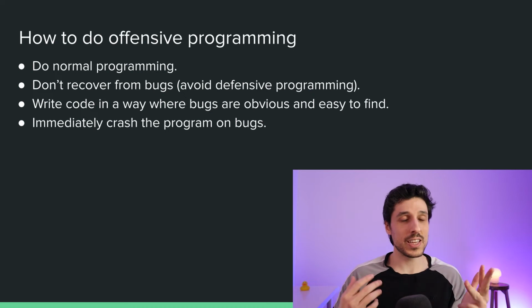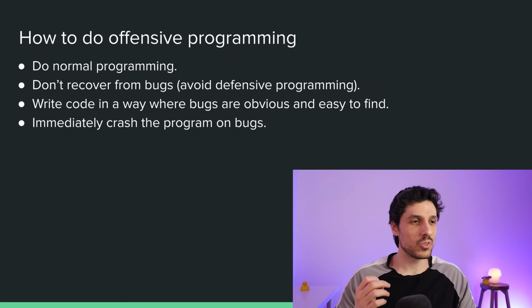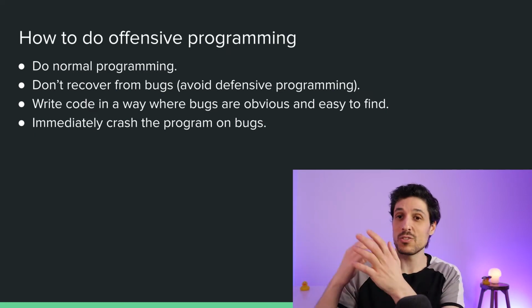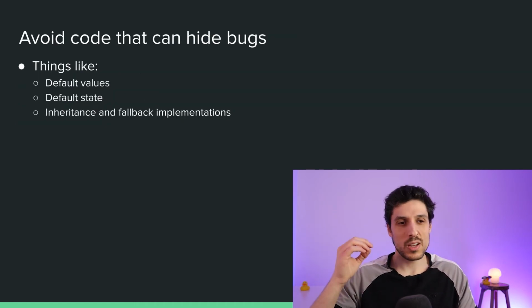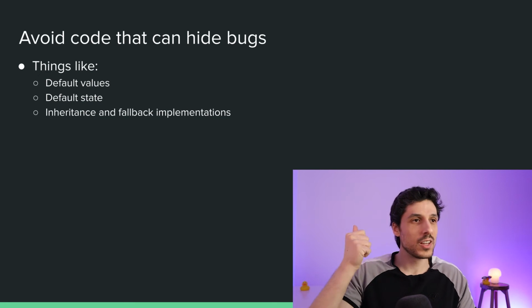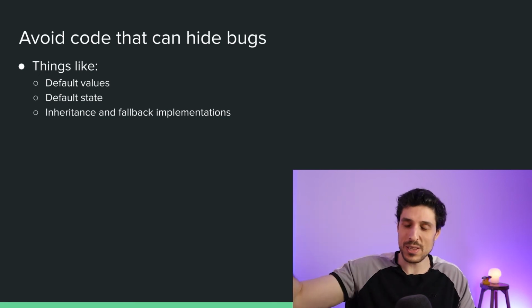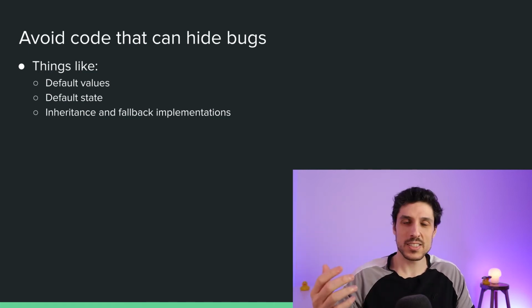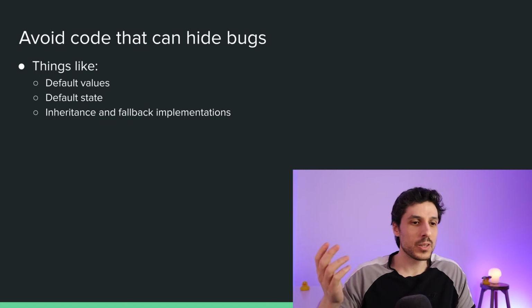And 4, immediately crash the program when you encounter a bug, okay? So the weird one here might be to write code in a way where bugs are obvious and easy to find. So let's talk a little bit about that. Essentially, you want to avoid code that can hide bugs. Some code like that are things like default values, default state, things like inheritance, like fallback implementations and things like that, okay? And as an example, why a default argument for functions might be bad, because essentially